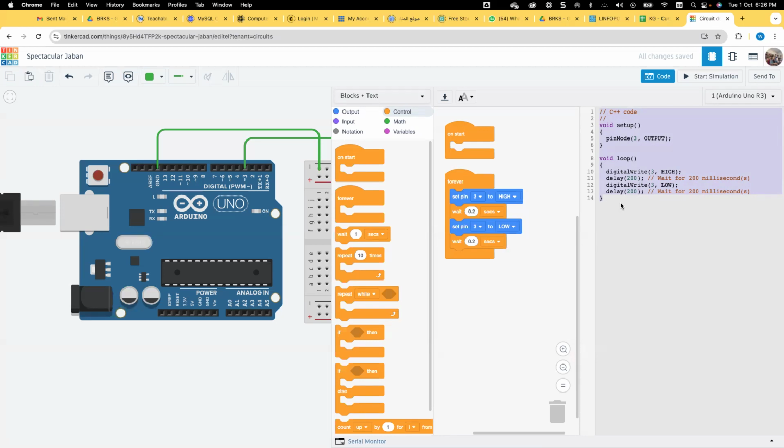You will be using the analog pin when the sensor is ready to read various values. The digital pin will read only the value 0 or 1. But the analog pin can read from 0 to, I think, 255. I'm not sure, I forget the value. Yeah, because all of them are 256. Exactly. So you start from 0 until 255, yes.